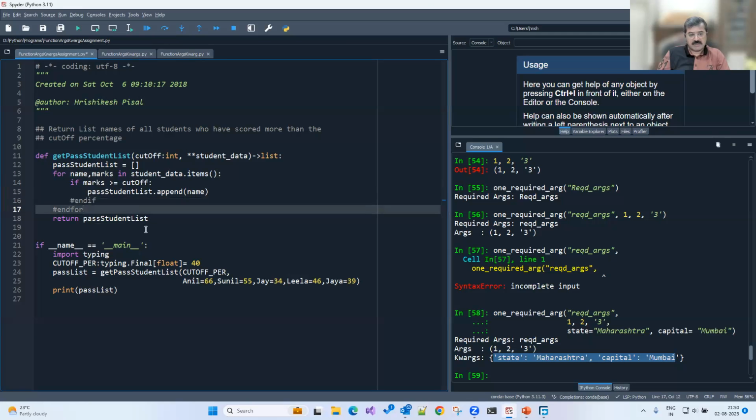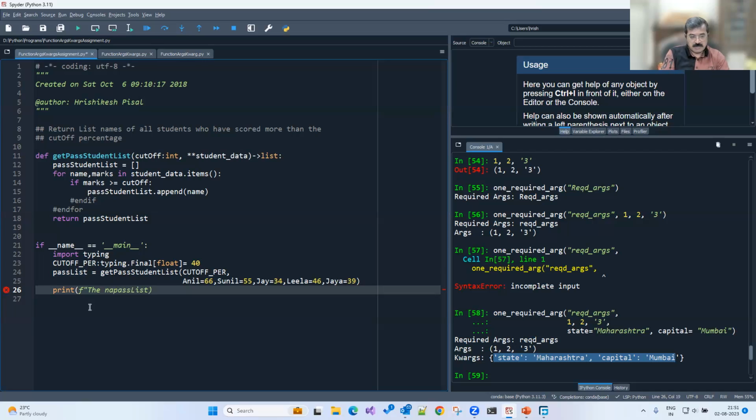There's nothing wrong. But the point was some unnecessary stuff that you're doing over here. The function returns a list, not an integer, and the rest was okay. So if I have to do it in a proper way, I could just say a string, like what you have done: names of the students scoring more than cutoff percentage are